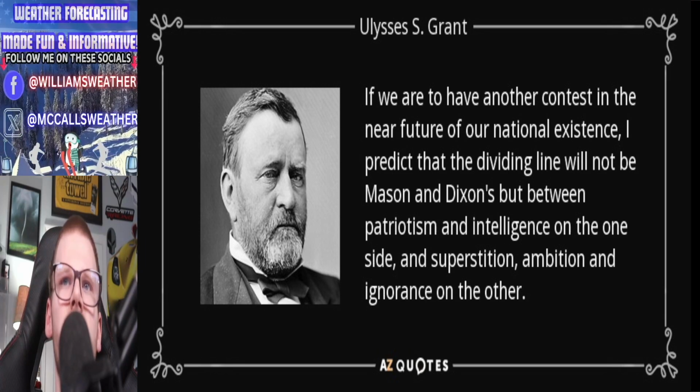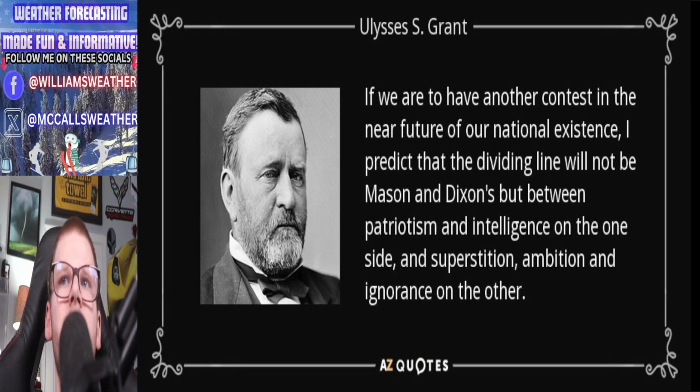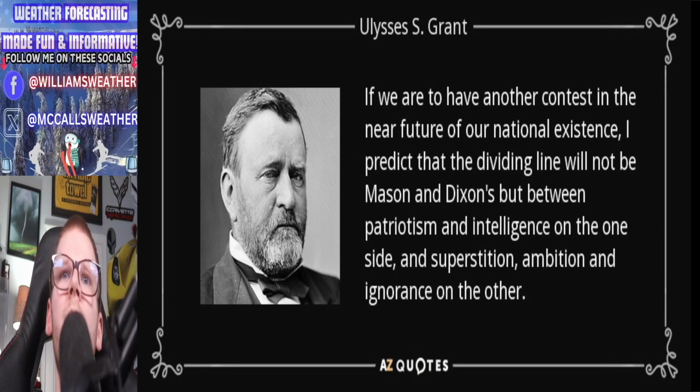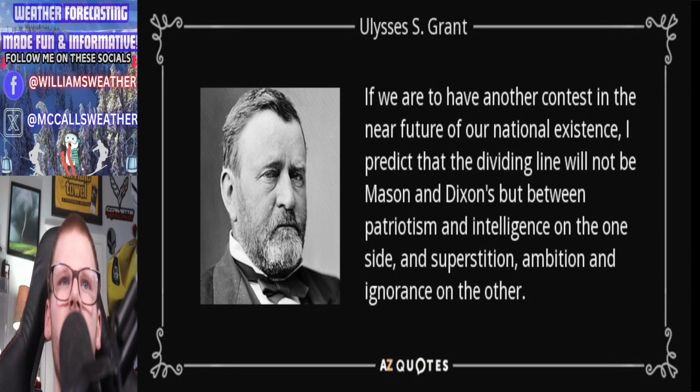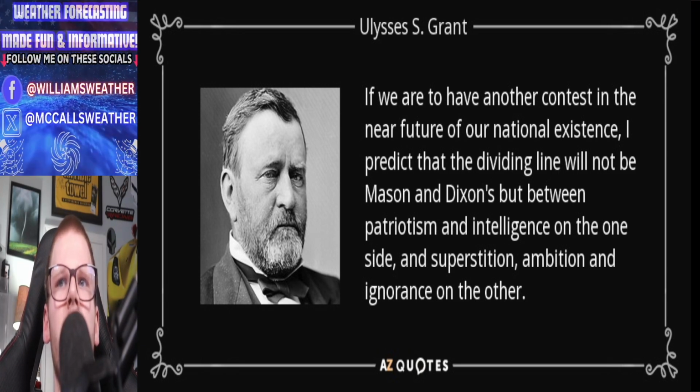Ulysses S. Grant's second inauguration, March 4th, 1873. It was bitterly cold with a morning low of 4 degrees and only rising to 16 degrees by noon. Wind chills were well below zero with strong wind gusts up to 40 miles an hour. This remains the coldest March inauguration on record.